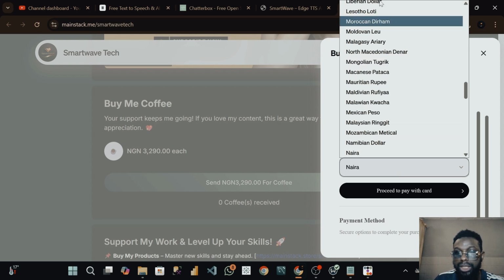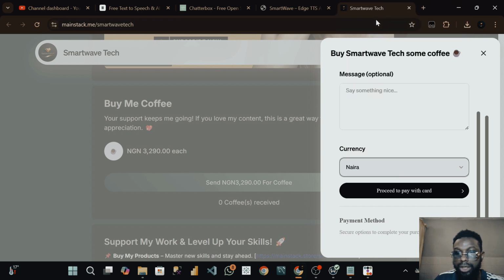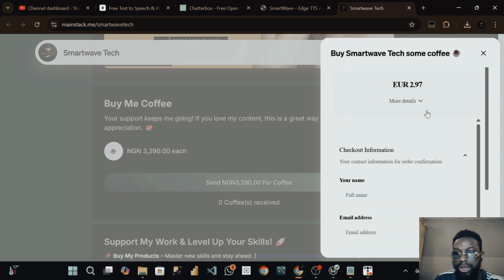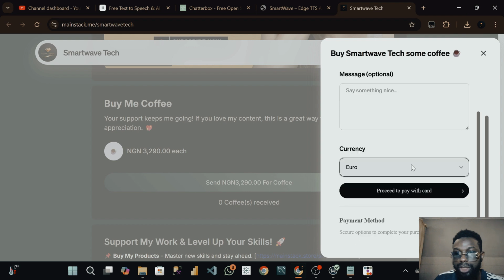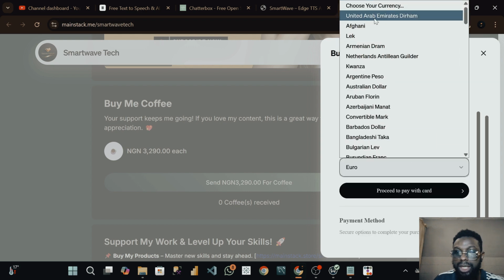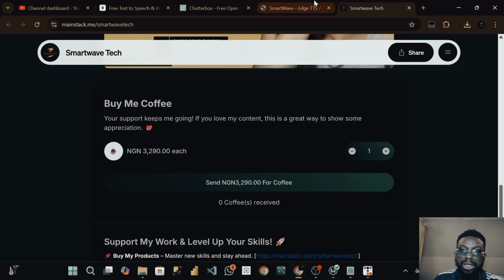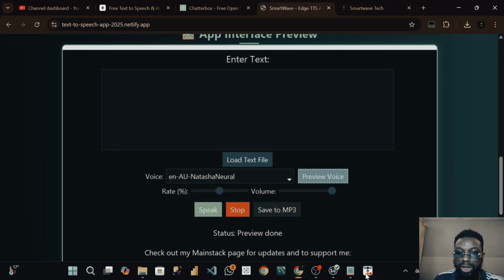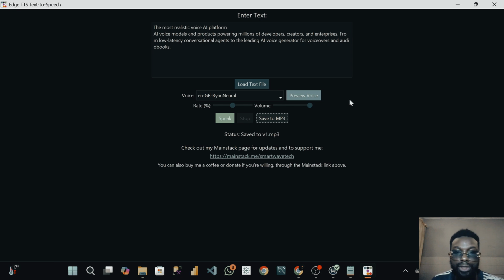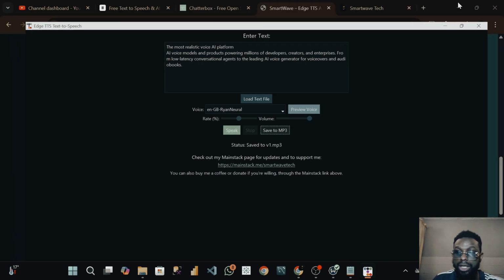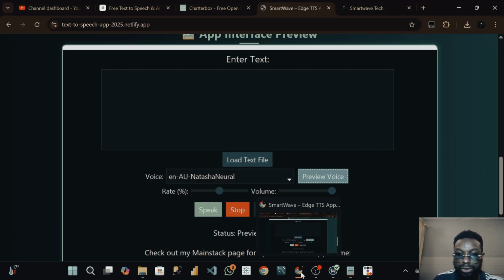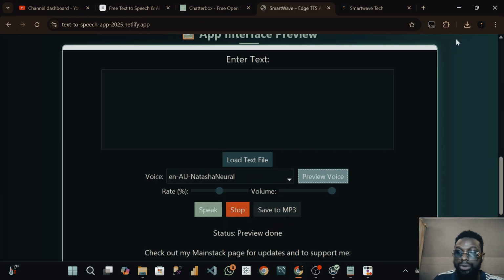You can choose any currency from here, euro and all that. As little as 2 point something euro, you can choose any currency at all that you want to send, you know, and support the developers. But this application is totally free, for those of you that have faceless YouTube channels in which you make use of it. Now, let me show you, if you go to this video here,